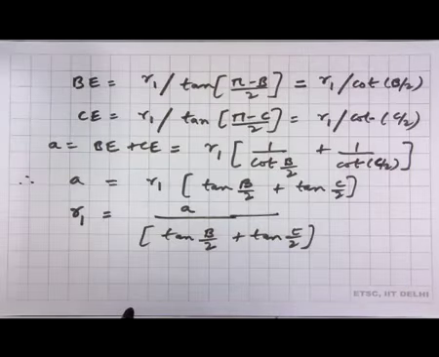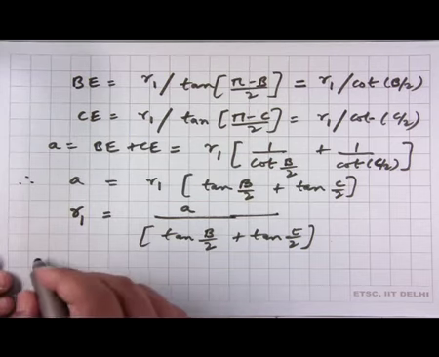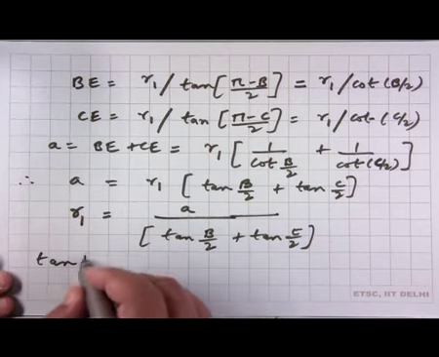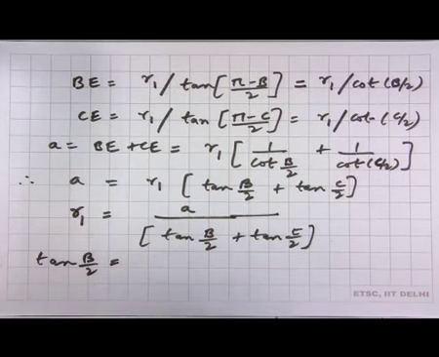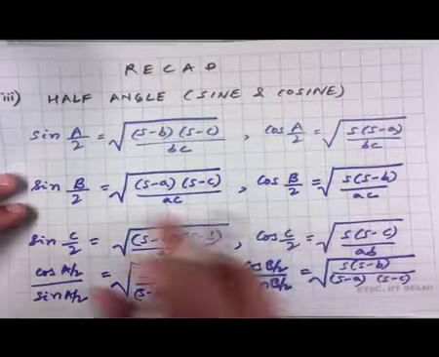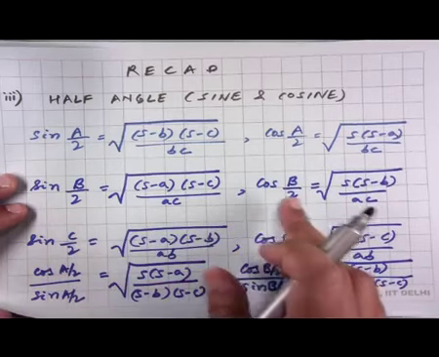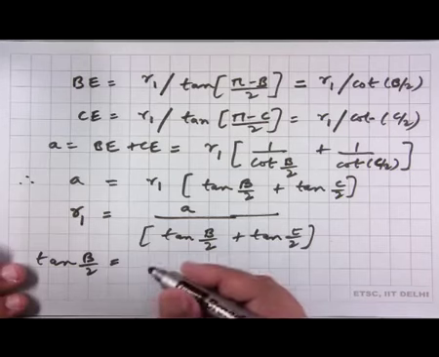So we know that tan of B by 2 is sine B by 2 divided by cos B by 2. If we use these expressions for sine B by 2 and cos B by 2, then we get tan B by 2 as equal to